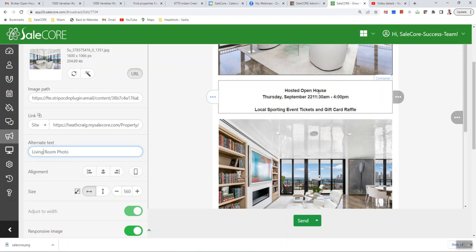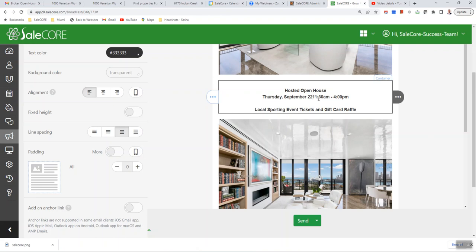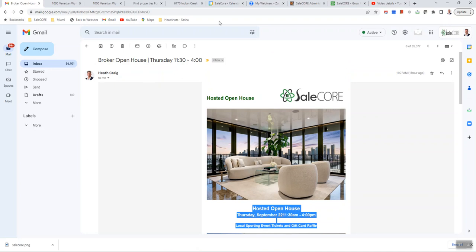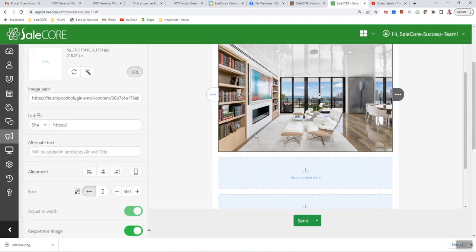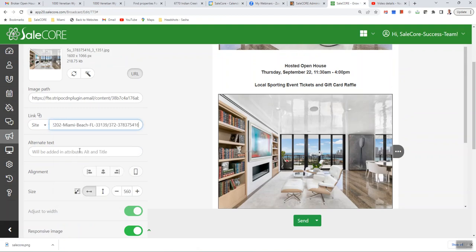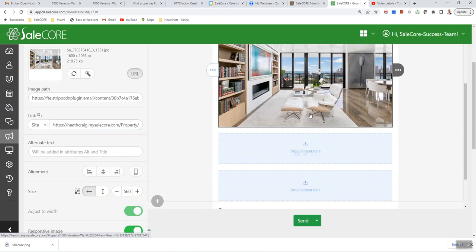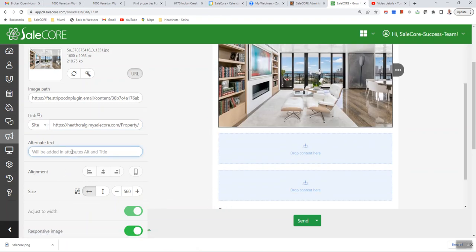So then I've got my text in here of when I'm having the event, right? Maybe it's Thursday, maybe it's Sunday. I think, yeah, I called it Thursday. Okay. So again, here's the photo. If I want to put again the URL of that photo, I can totally do that. Again, maybe this is fireplace and TV room, something like that. Okay, so that's how easy it is to add